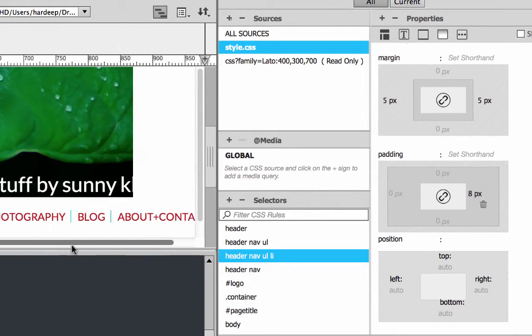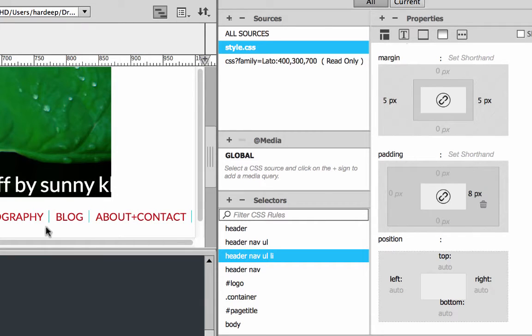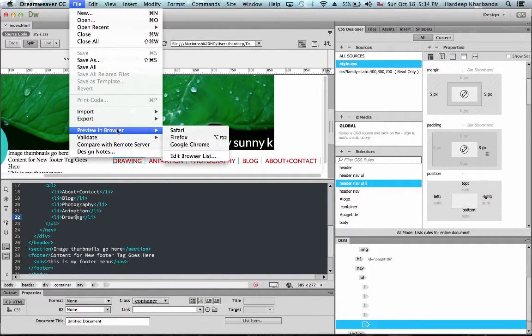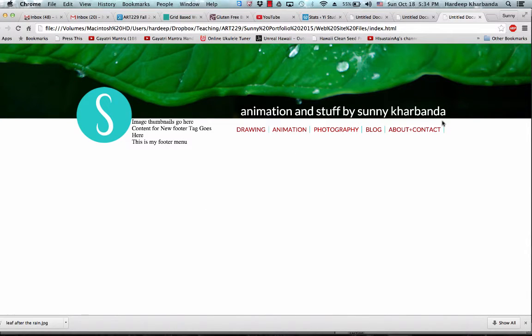So 8 pixels of padding gives me much better space here. Now again, in live view it looks like I have some problem here with the right side of my header, but if I save all and I preview in the browser, things are okay. So my header is shaping up. It's looking almost good to go.